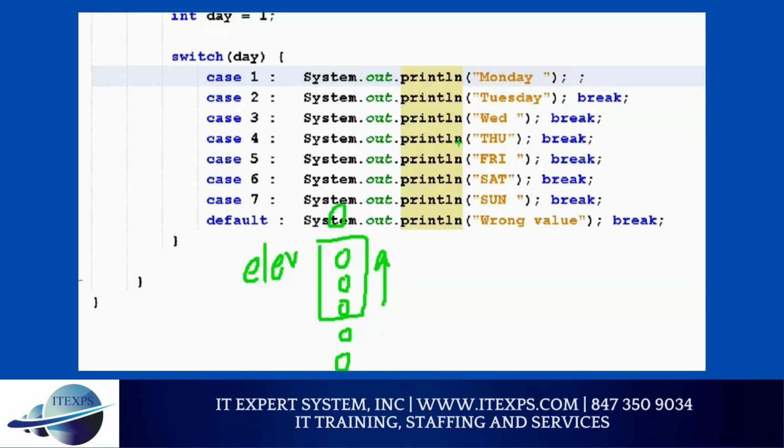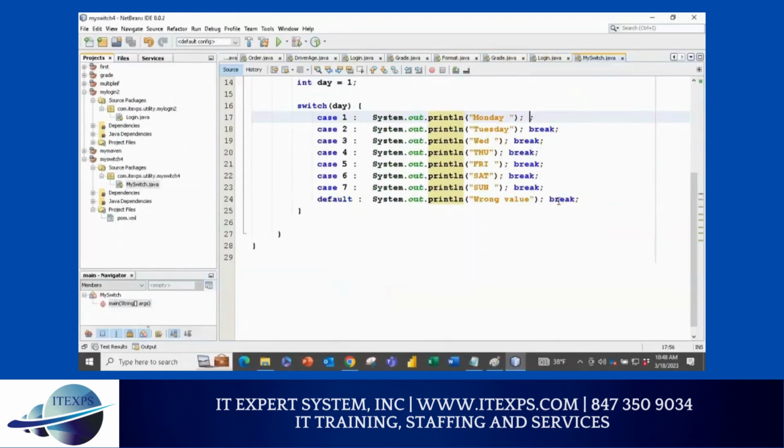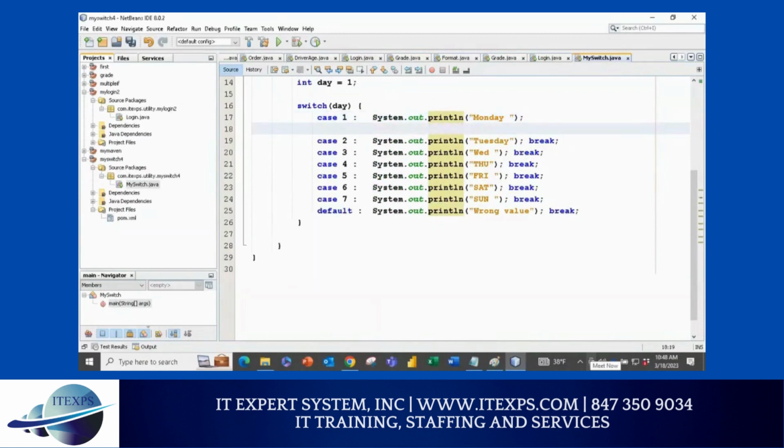Can a switch and multiple ifs be used in the same program? Yeah. Let's say I have the example Monday, and then I can use an if statement with a condition. For example, if it is Monday and the time is less than 10, then I can use System.out to say the bank is closed. Makes sense or no?